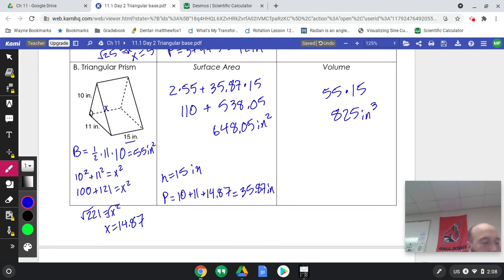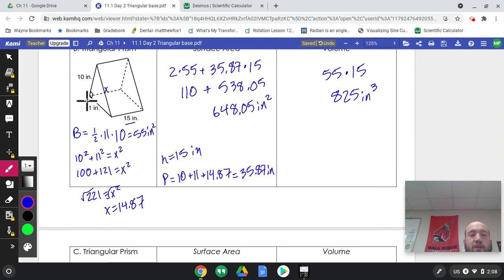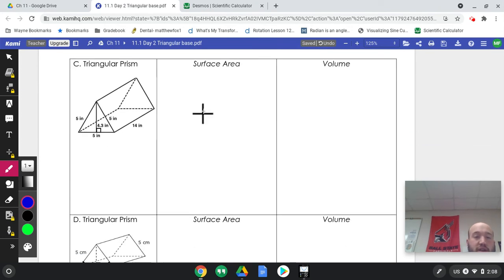All right. Now we've got 2 more, and these 2 are a little different, in that they don't have a right angle in the corner of the base. Okay. Now, if we look at this shape, there's a right angle, but it's right there. That shows that this 4.3 is the height of it. That's not the height of the prism. It's the height of the base. On this one, we make our base the ends, the triangles, because they're